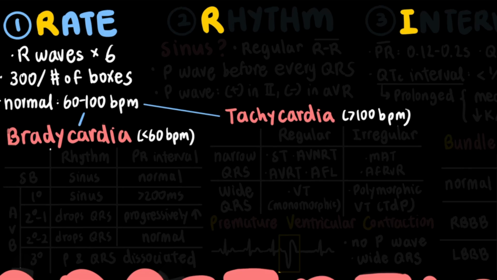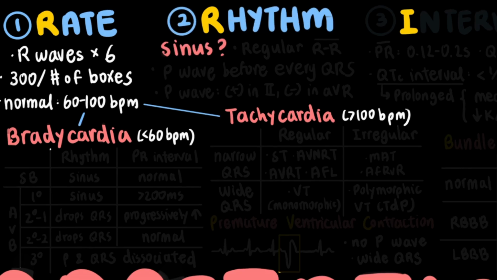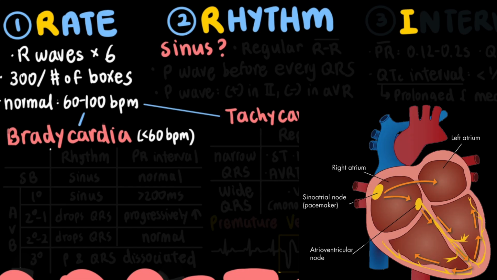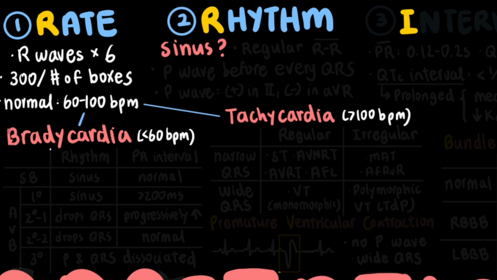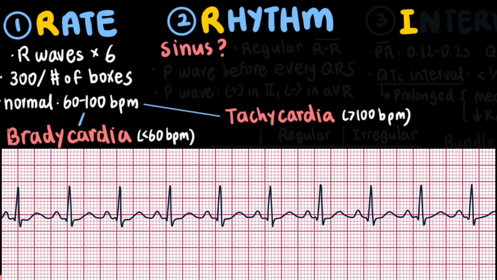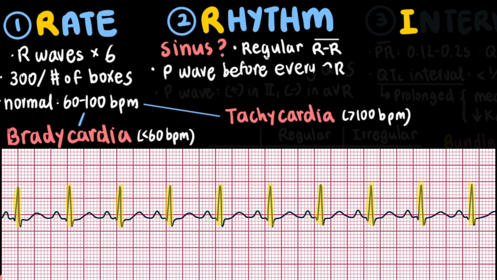The second R in our mnemonic stands for rhythm. We check if the heart is in sinus rhythm, which means that the electrical signals are being generated by the sinoatrial node, the natural pacemaker of the heart. To confirm sinus rhythm, we look for three main features: regular RR intervals, a P wave before every QRS complex,